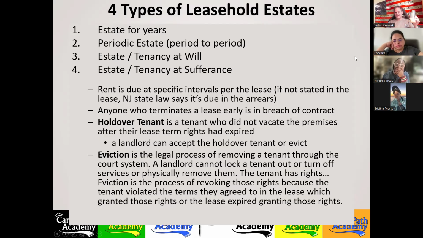We don't need to study that guide at all. The only thing we're going to need to know from that guide is what's the only reason that a landlord can evict a tenant without supplying them any notice in advance, notice to quit in advance, and it's non-payment of rent.